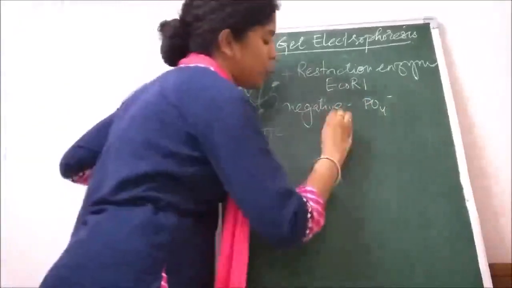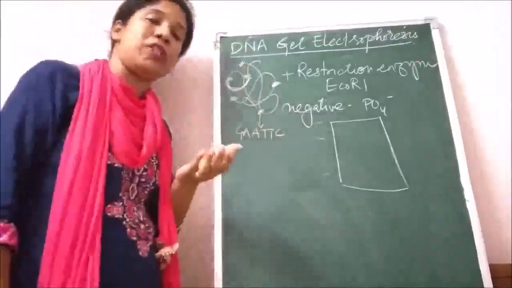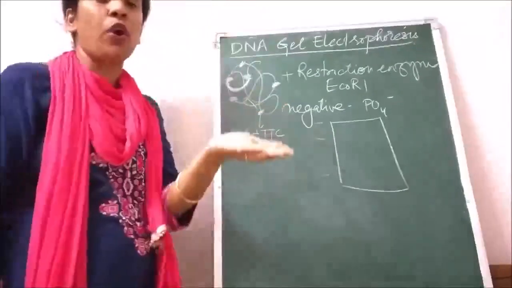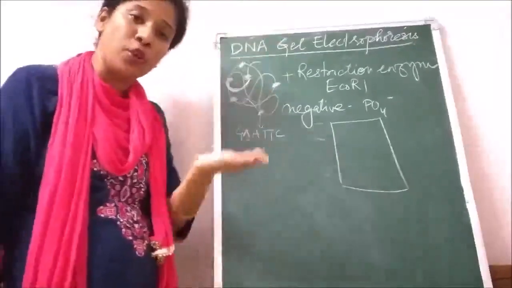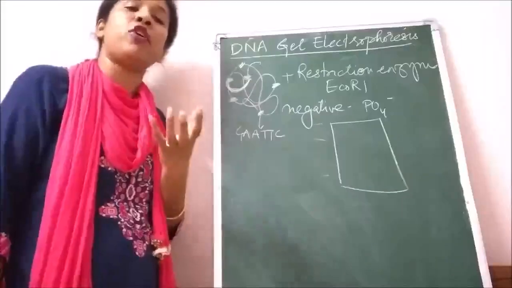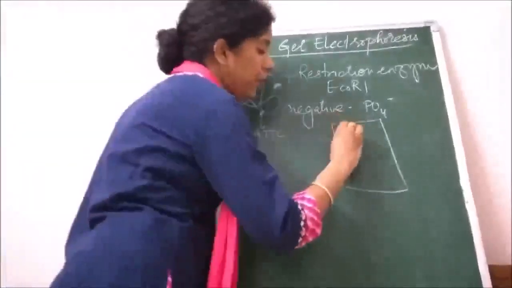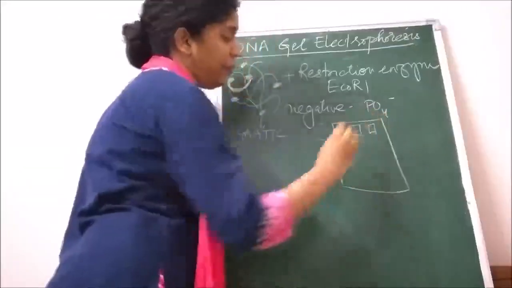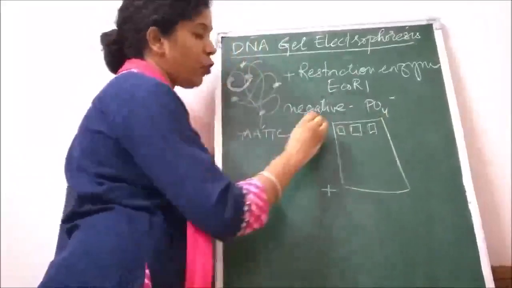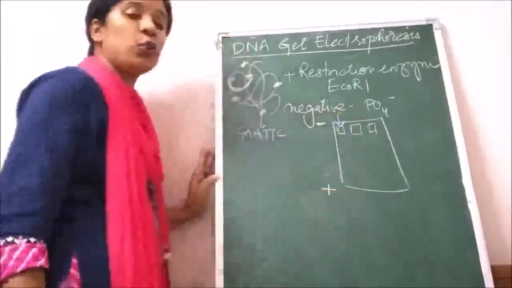So what happens is that we take the gel which is made up of agarose. Agarose is basically a matrix material which is extracted from seaweed. As you sieve your tea, whatever is small, that is the tea particles, gets sieved out, and whatever are the tea grains are left behind in the sieve because they are larger in size. Similarly, we sieve these DNA particles under an electric field, where we are going to place this gel in an electric field. Here it is going to be a positive electrode, and here it is going to be a negative electrode. And we are going to load our DNA into these wells.